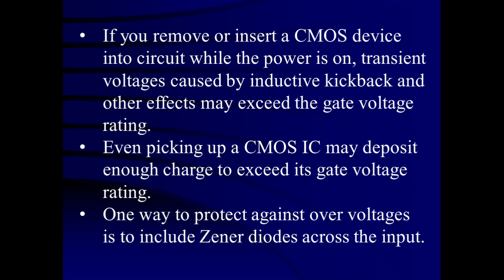So that is the first precaution, and why it is to be taken: when any CMOS device is inserted or removed while the power supply is on, a voltage spike is produced because of the inductive kickback, and that voltage spike will